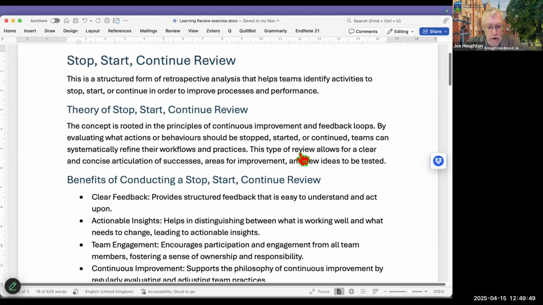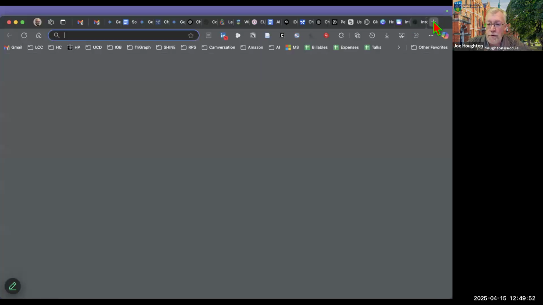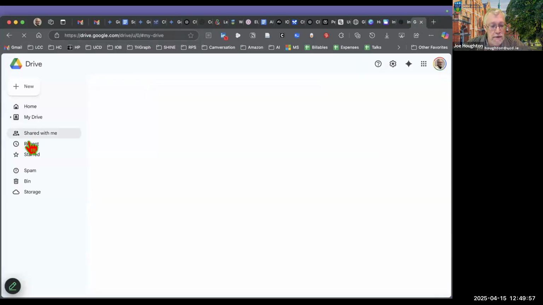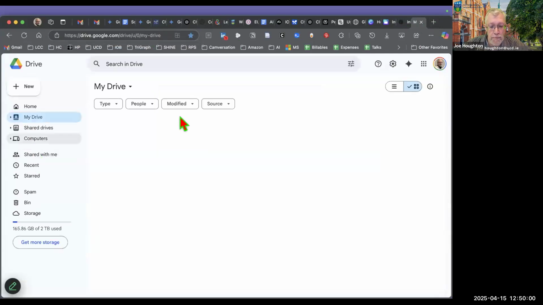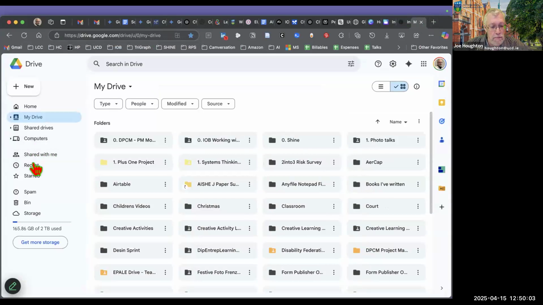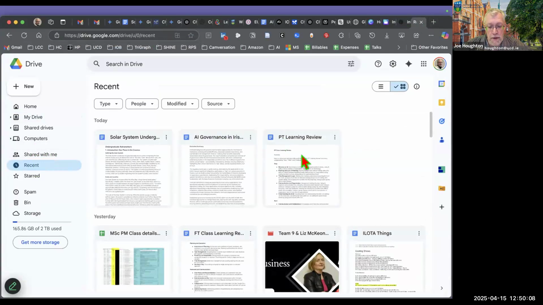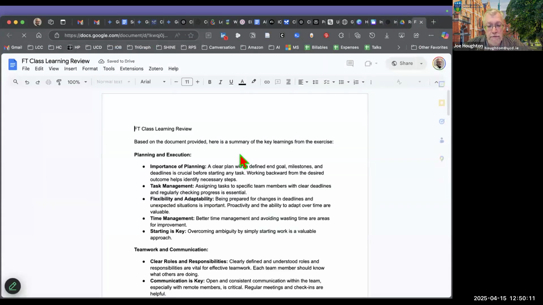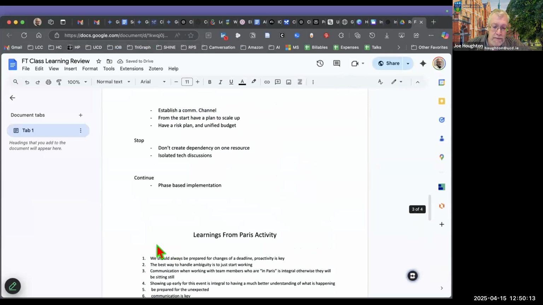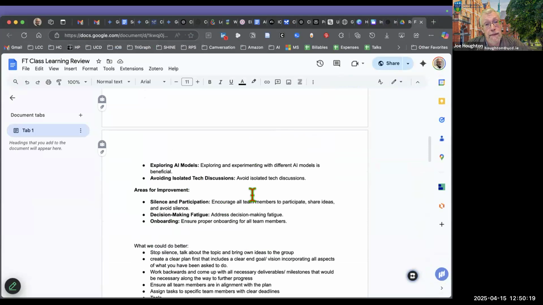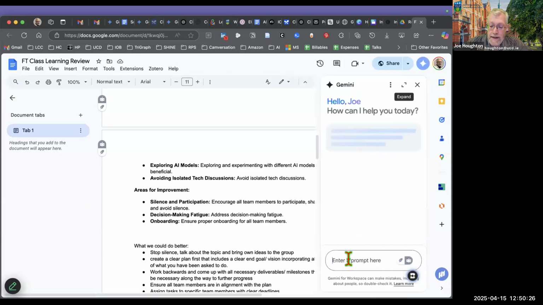Let me find those Google Docs. What we got was a combined document. Here we are, this was the full-time class learning route. So what we've got is this document of everybody putting in their stuff. Then I went up here to the top, because this is Google Docs, and I've got Gemini up here. And I said, okay,